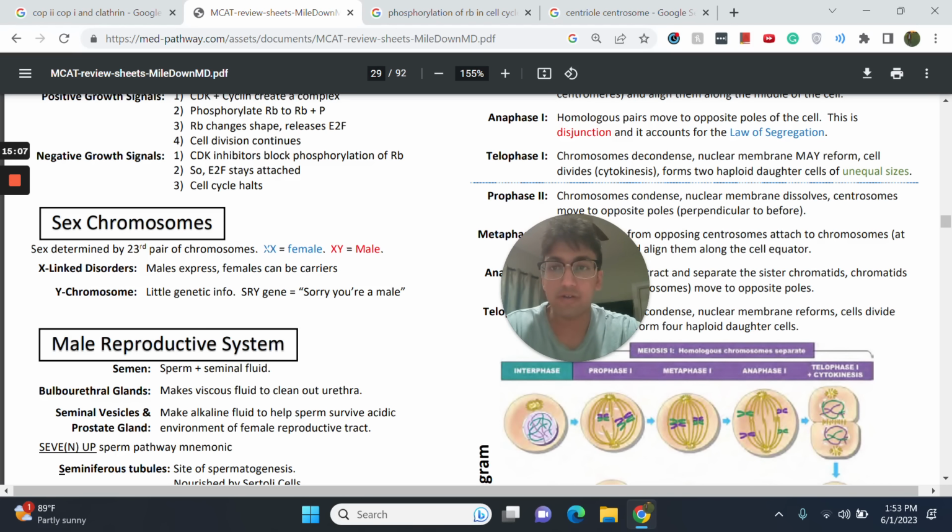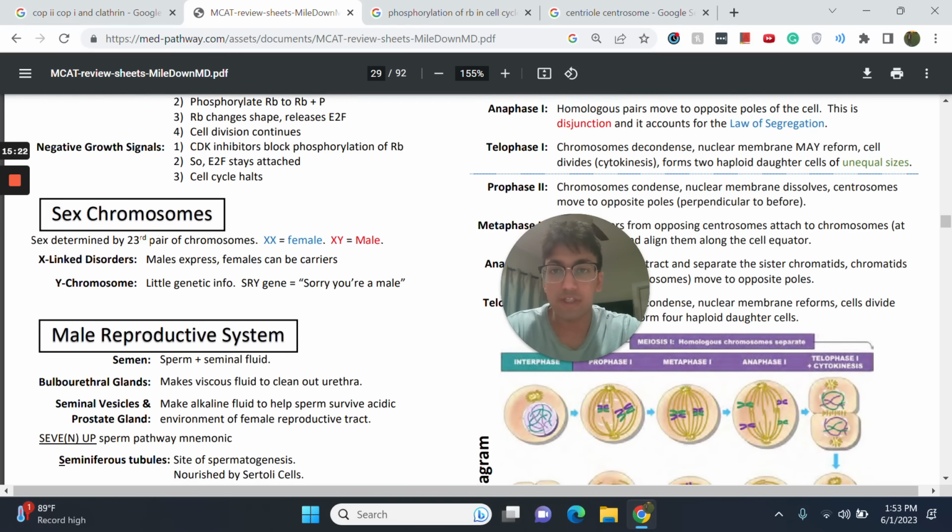Whereas females have two X's, one from their dad and one from their mom. So hopefully one of them is normal and the other one will contain the X-linked disorder. They're just going to be a carriers, but they might not actually express the disease. The Y chromosome has very little genetic information. There are very few genes that result in some sort of phenotype. A funny way you can remember this is "sorry gene," which is "sorry, you're a